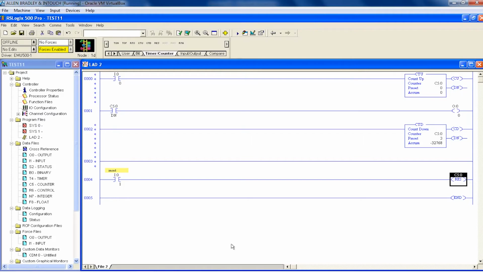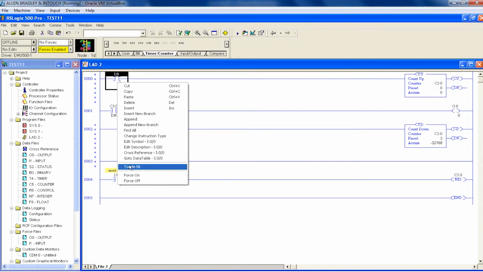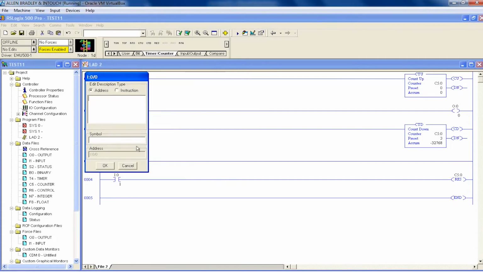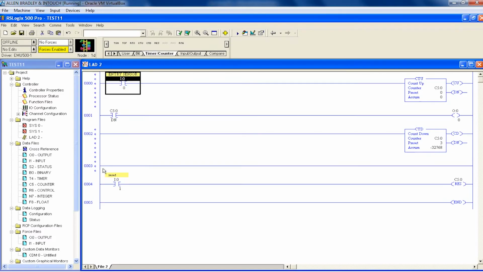Imagine this is the entry sensor which is detecting that a car is entering. In your car parking slot, you have only 3 cars to park, so you are giving the preset value as 3.